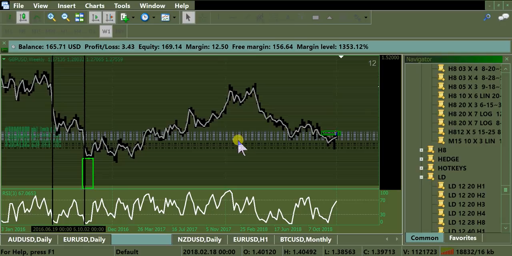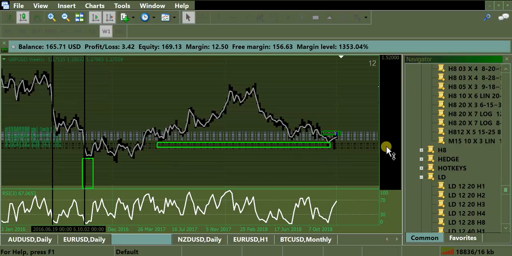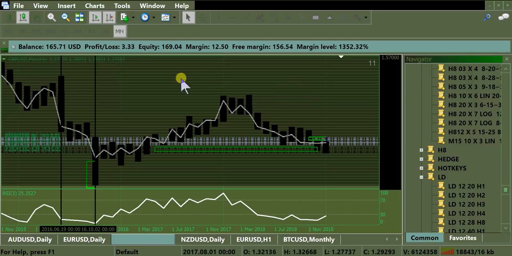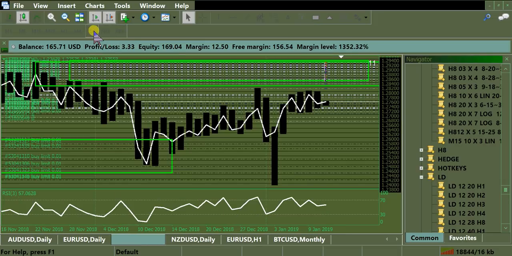But that's quite the recovery. And of course, I'm sure everybody thought this was the low that would never be taken out. Until boom. Quite a move, gosh. It's British pound.